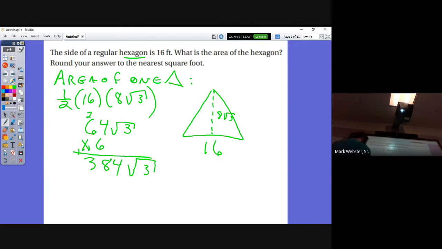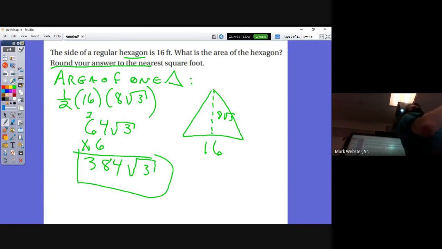So this is the answer if they didn't tell you to round, but they said to round. So remember what I said, if you're going through and you're doing a problem like this and they tell you to round, you don't have to mess with all the radicals. You can just throw it into the calculator and be done with it, right? There's 6 triangles, so 6 times, half times 16 times 8 times radical 3. In the calculator, just hit the enter button and it does all the work for you. You get